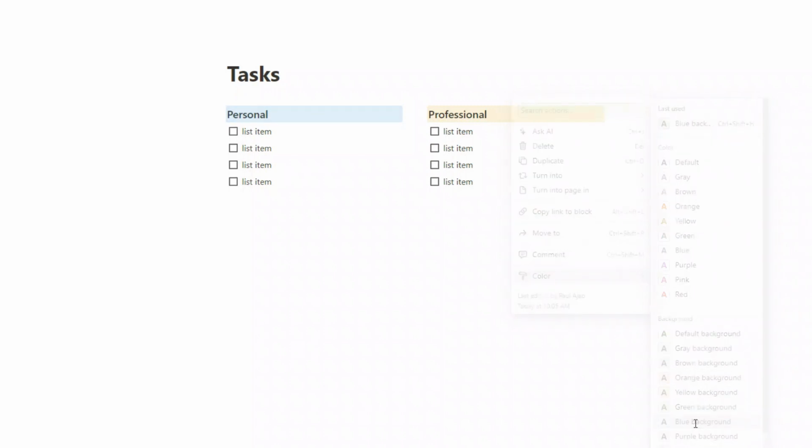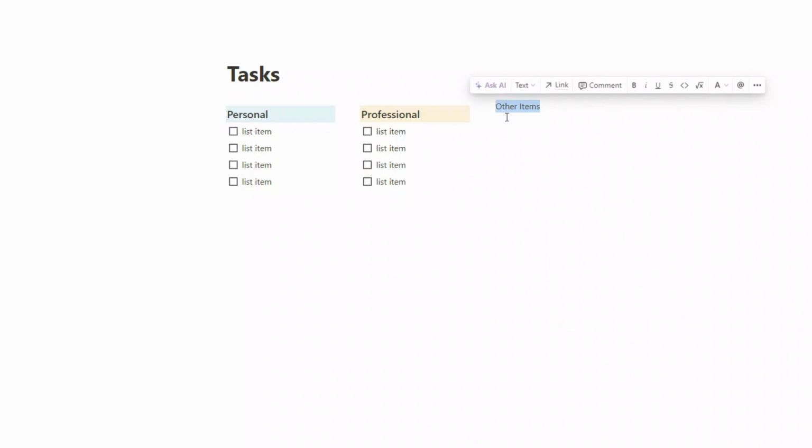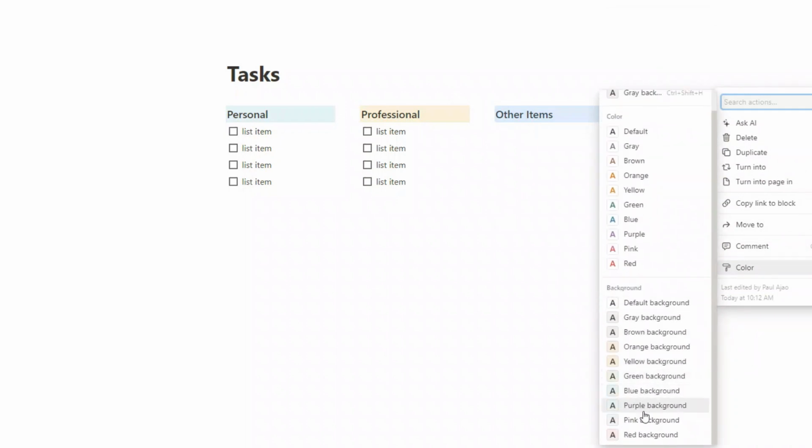presentable already. If you want to change the widths of the different columns, you can do that by dragging the grey bar in between the columns and adjusting it as you want. If you want to add other columns, you can do that quite easily just by creating a new block and again pulling it over to the right hand side, and then you can format it as you wish. So I think we'll make this one a green background, and then we're ready to put our list items in